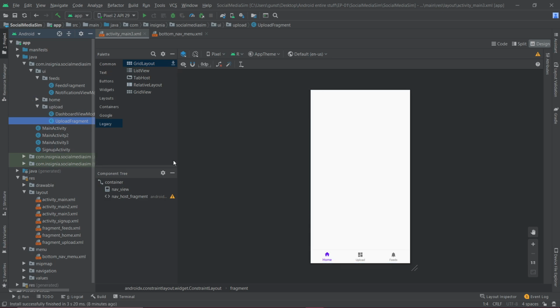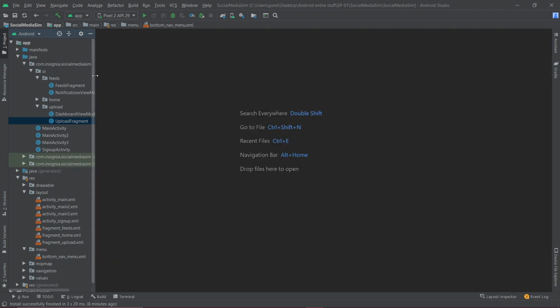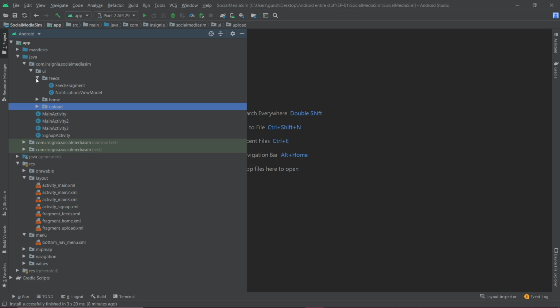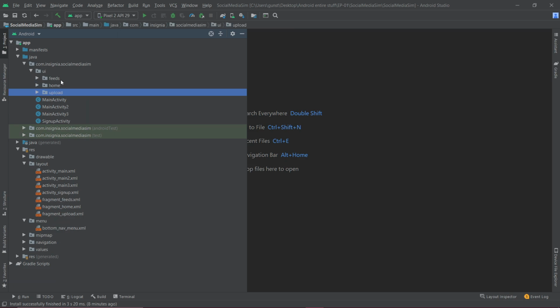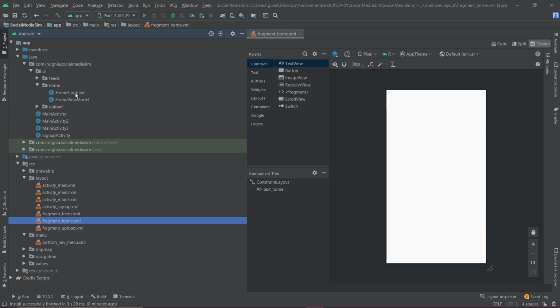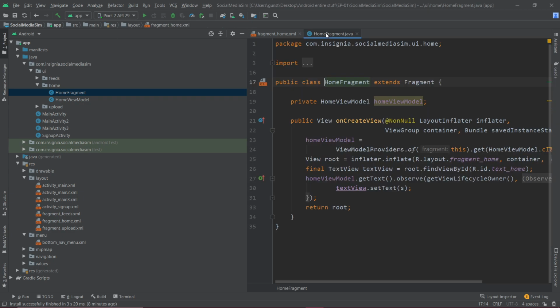Yeah. So let's just go right into our code part. We'll just close all these. So now we have three folders and three respective frontends for those folders. Like you have fragment home, and this fragment home is the front end of the home fragment. So we'll just open up the respective front end and back end.